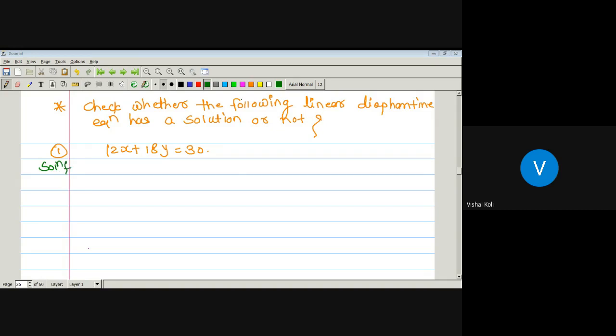Yes, here we have to just check whether it has a solution or not. So how will you check whether this linear Diophantine equation has a solution or not? First, we have to compare this equation with our standard, that is ax plus by equal to c. Okay, so comparing the given equation with the linear Diophantine equation,